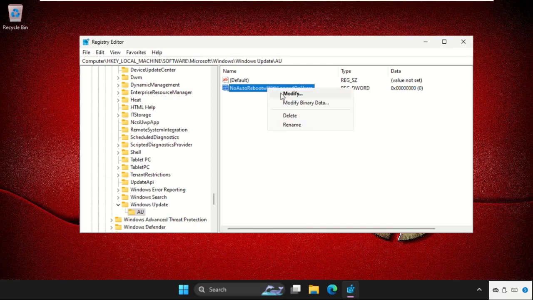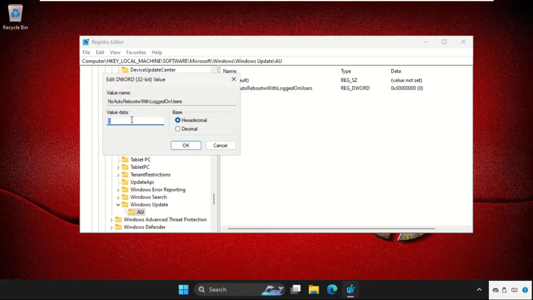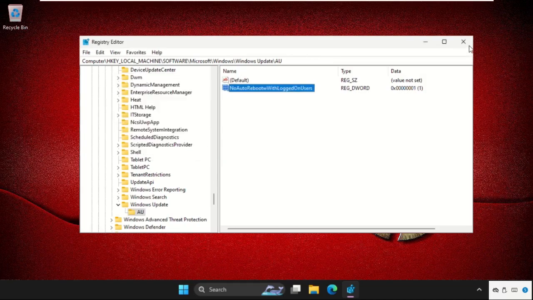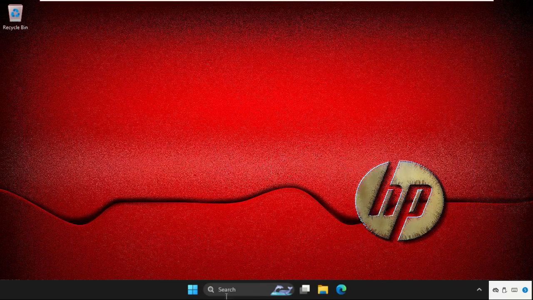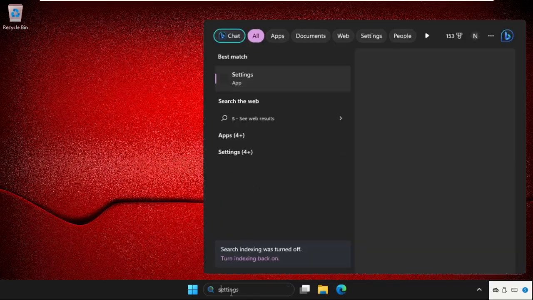Now right click on it, select Modify and change the value data as 1, then click on OK. Now close this window and simply go to the search bar and type here